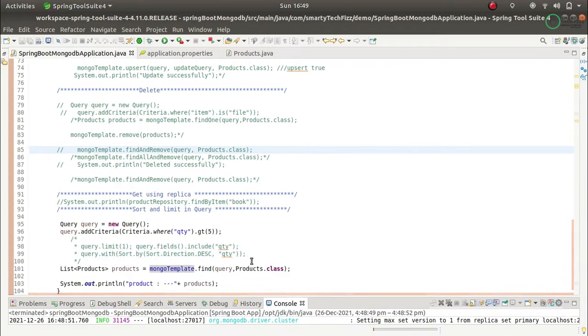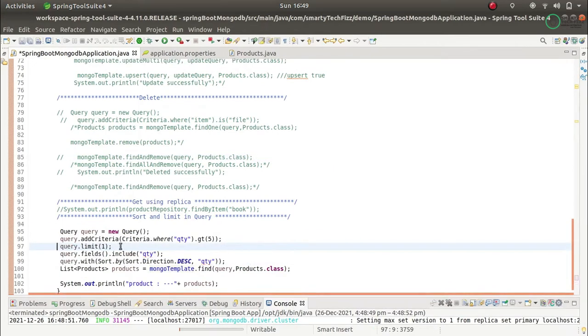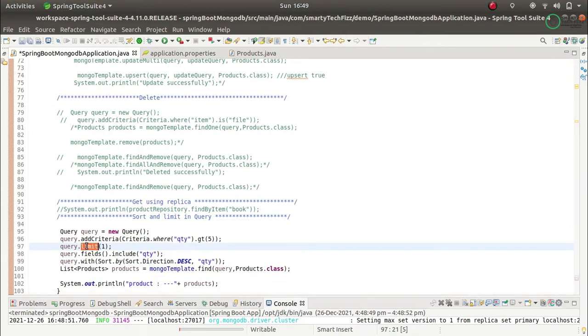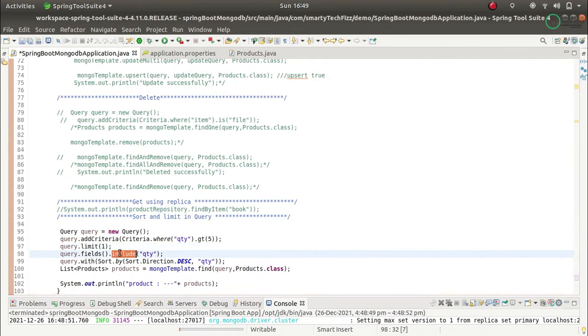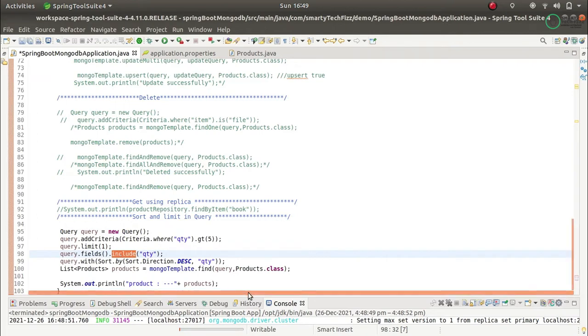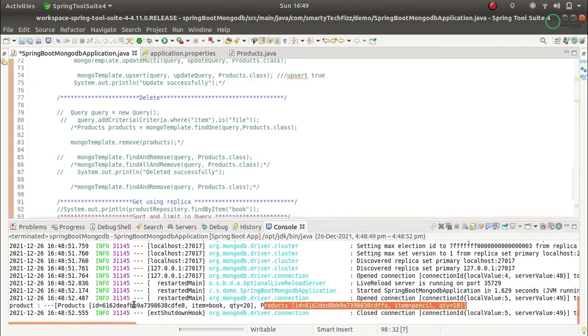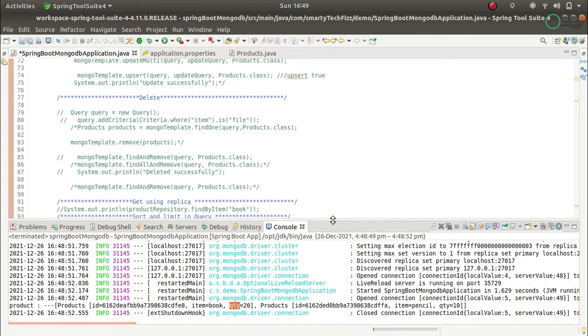Now what I want is to make a limit on this, so I just want the first document, one document at once. And this is the include. Include is used for the projection. If you want to project any field, we have 3 fields in the product collection.